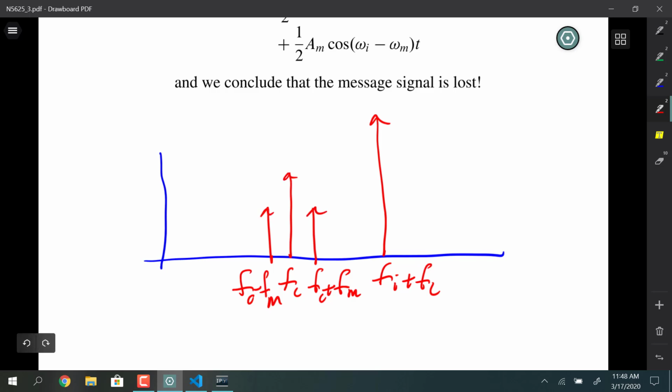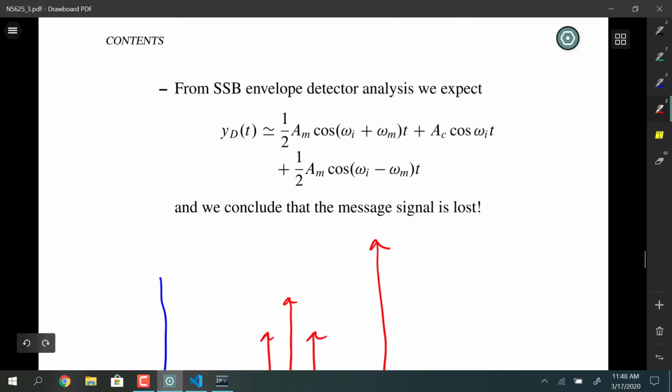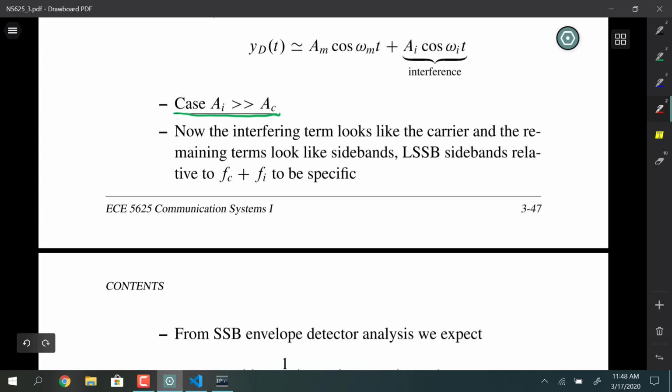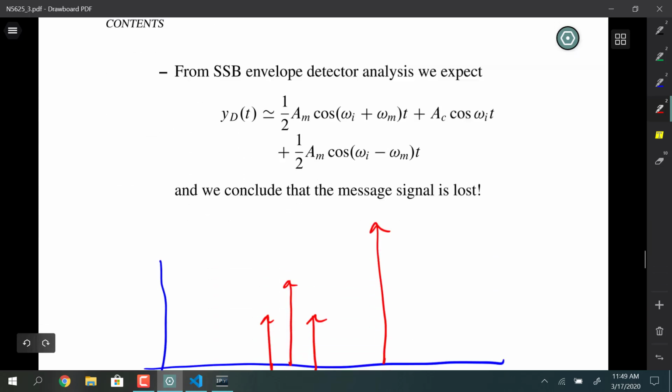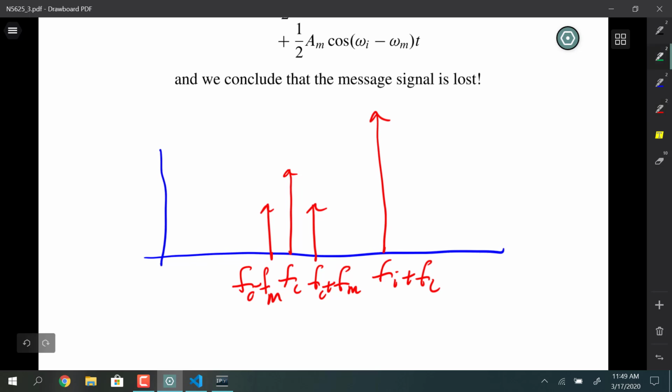And now the coherent demodulator can still function as long as we demodulate with FC. But if we do an envelope detector type demodulation, what it looks like, and this is pretty interesting. This is an abstraction, but it looks like this is